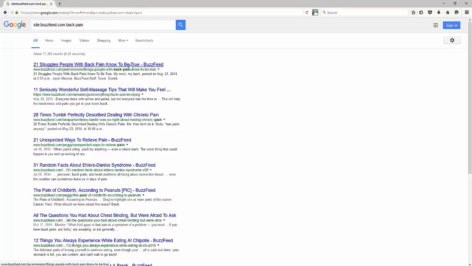So you could use this for research when you're coming up with ideas for your next video or content. Use the site search as your example. It's simply SITE colon your domain, or SITE colon the domain you're trying to search that you want to find content on, and then your keyword phrase. BuzzFeed, Mashable, some of these other websites that are big, large conglomerates of content, you could really use them to find those really cool hidden